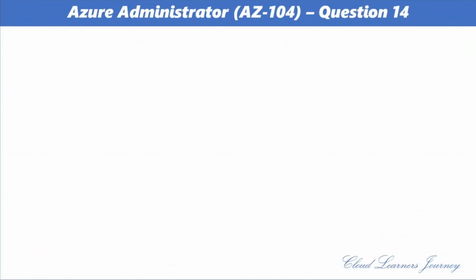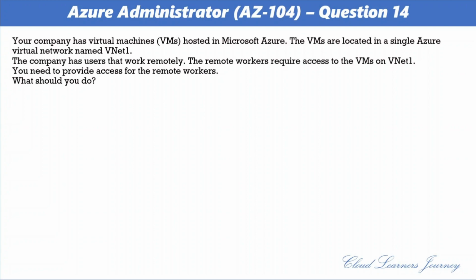Next, question number 14. Your company has virtual machines hosted in Microsoft Azure. The VMs are located in a single Azure virtual network named VNet1. The company has users that work remotely. The remote workers require access to the VMs on VNet1. You need to provide access for the remote workers. What should you do? And the options are: